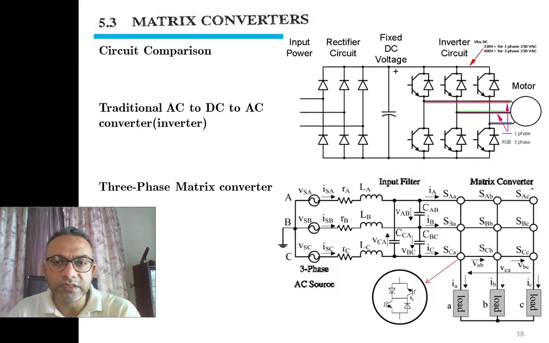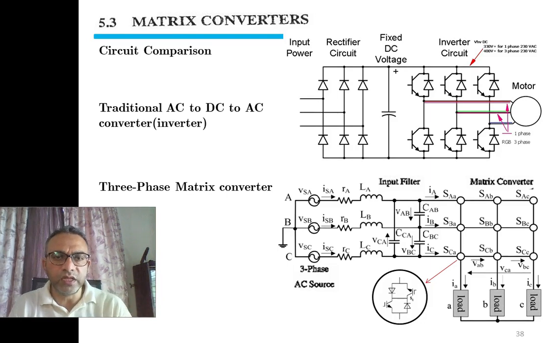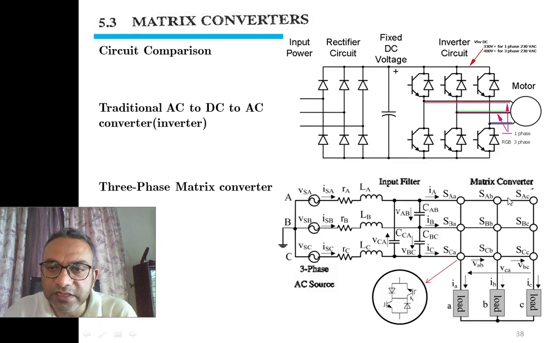These filters will eliminate low order harmonics, and in the matrix converter there are many switching operations, therefore we need to eliminate low order harmonics. So the capacitance being used in the input filter is of small value. The inductance will be of large value. Now after the filter stage comes the matrix converter.